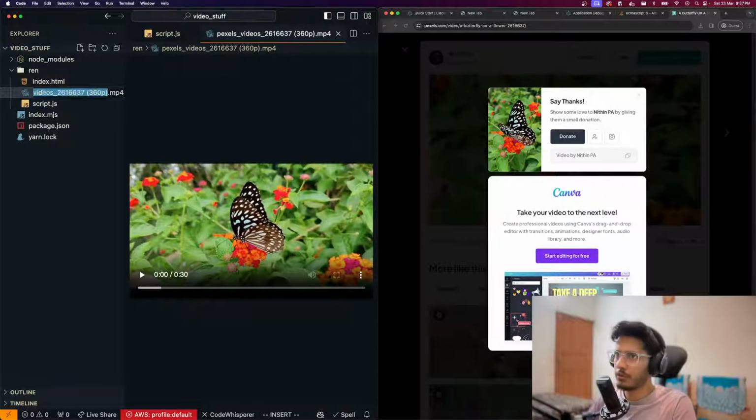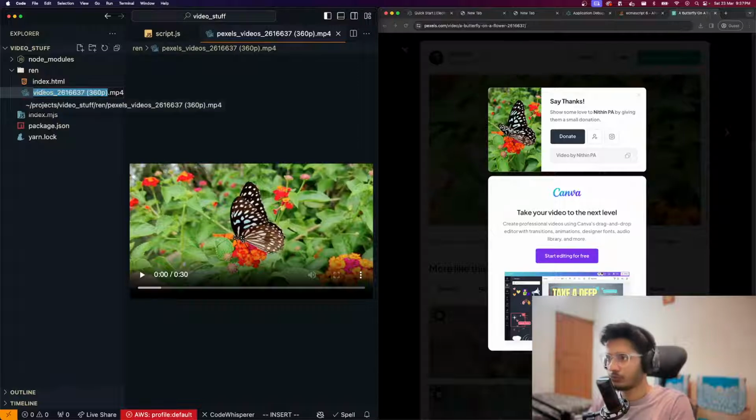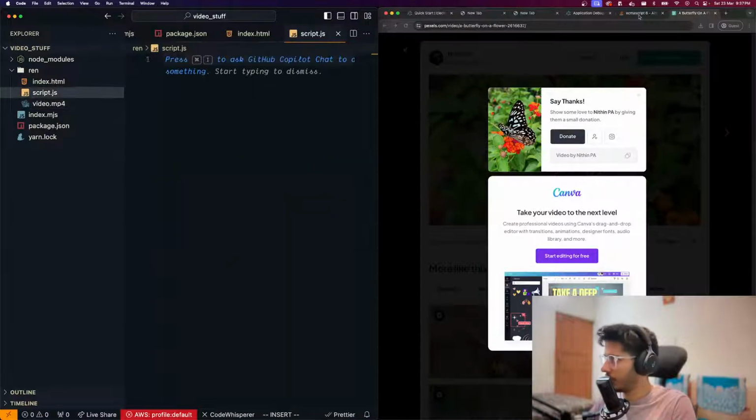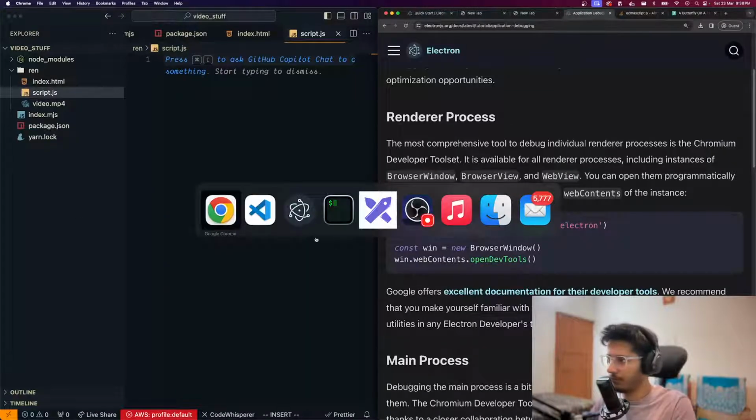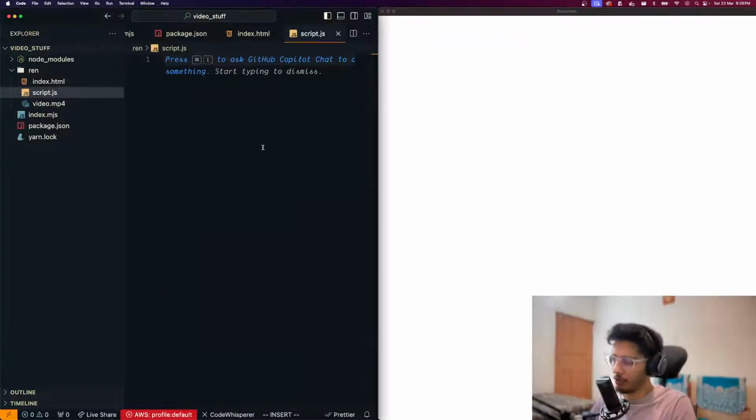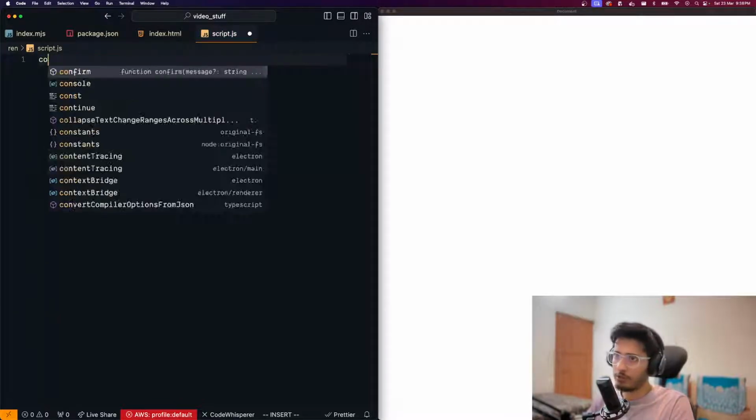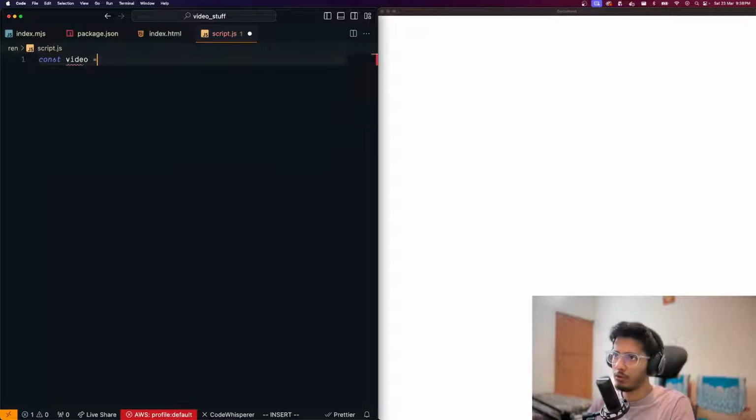Yeah, great. So I can say video.mp4, and we're gonna load this particular video in our Electron project, right? Okay. So the first thing we have to do is create a video object. Before that we have to create a canvas object, but let's create a video object first, right? So we'll say video is equal to